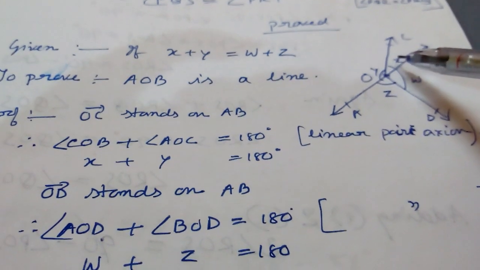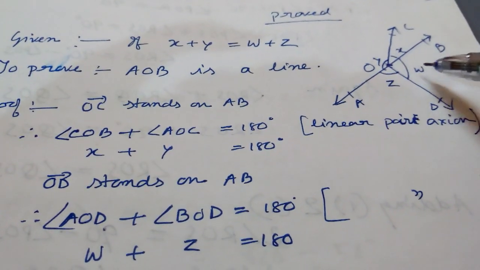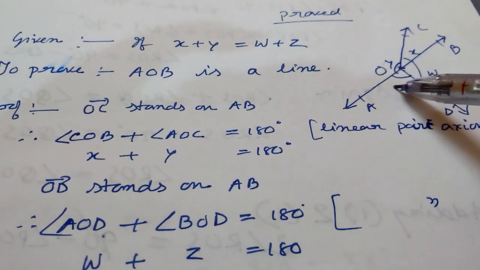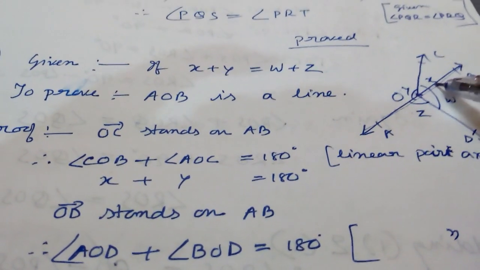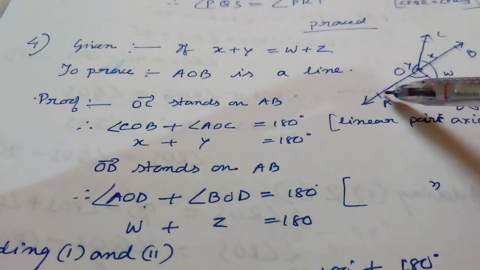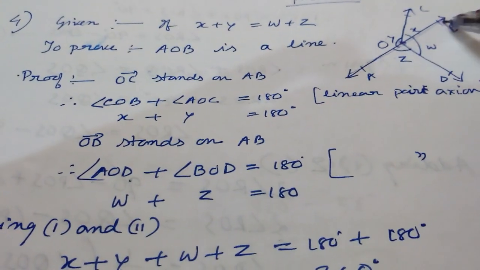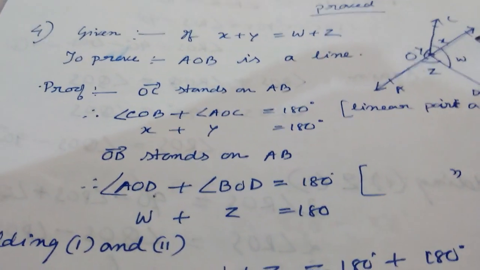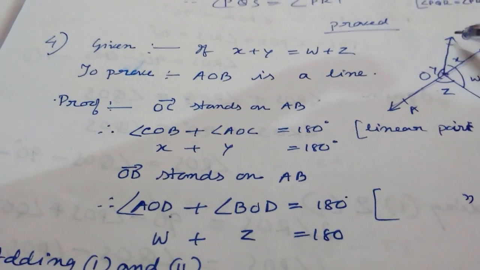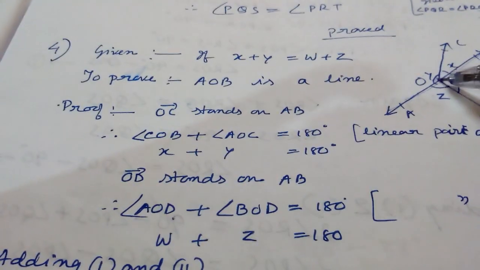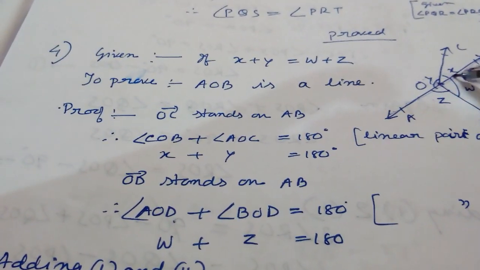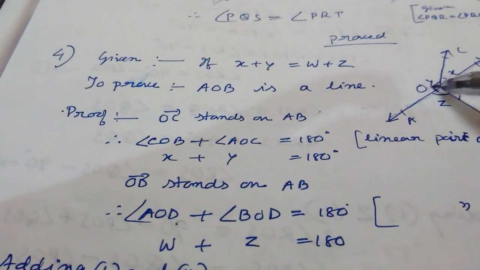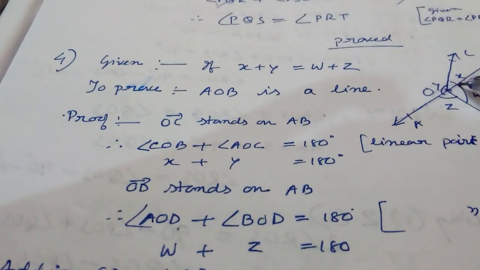Here, given that x plus y is equal to w plus z. To prove AOB is a line. Now OC stands on AB. COB plus COA is equal to 180 degree. X plus y is equal to 180 degree. We get this. Now